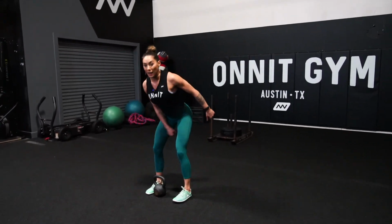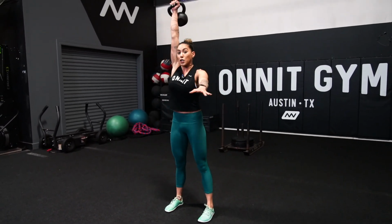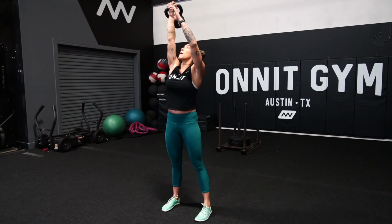So rather than hinging my hips, I'm actually gonna squat. So from this squat down position, I'm gonna tap it on the floor, then I'm gonna stand up and go for a strict snatch. A snatch is one fluid motion from beneath you to land with that bell on top of your head. Upright position,